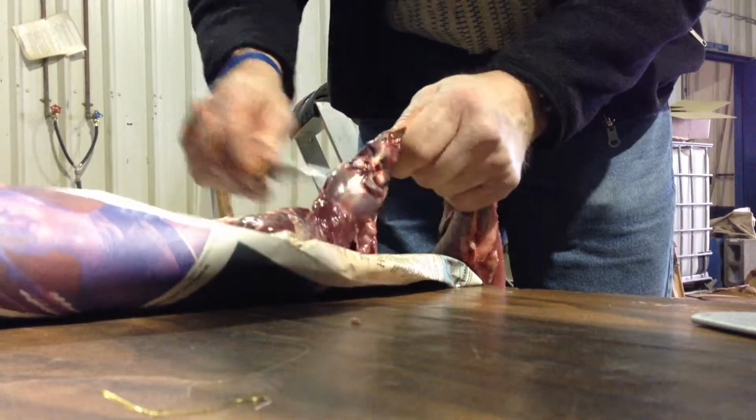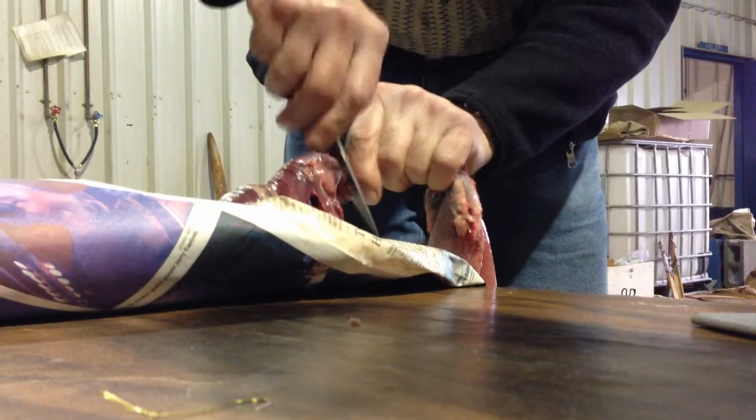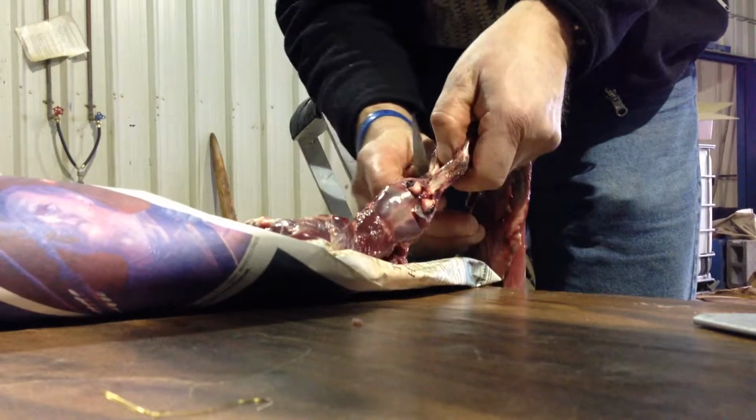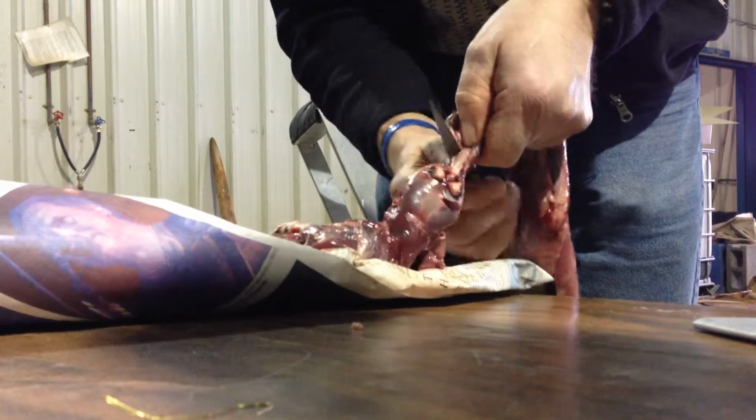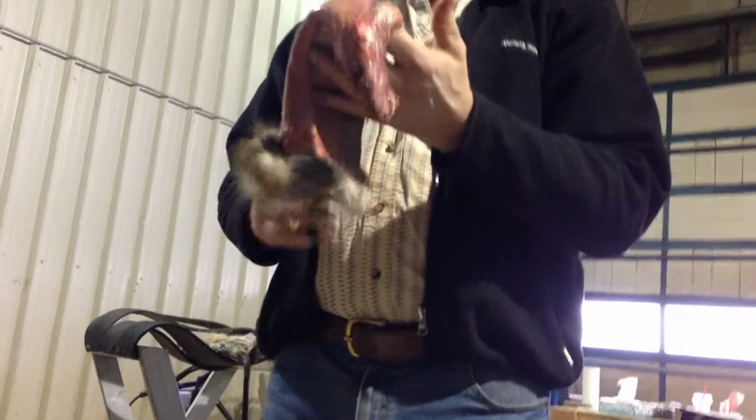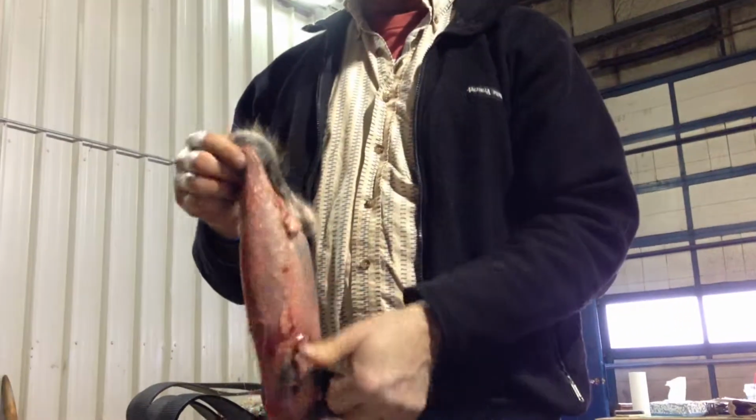Then you cut the cheeks, one cut there, another cut there. Pull it to the nose, same thing. Then just lay your knife on the teeth and cut the nose free. So, you know, a little bit of blood, but relatively clean, and that's how you get your muskrat skinned. So now you